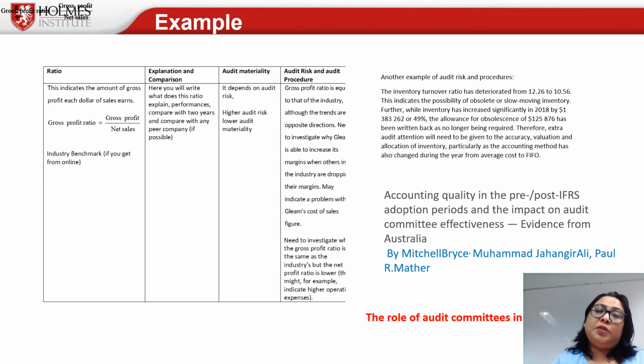Then in the third column you will write about audit materiality. We discussed many things about audit materiality in chapter 4, or you can find it from the slides or anywhere, how to write about audit materiality for this ratio scenario. Then you can find any audit risks and audit procedures. I give you two examples to read and understand